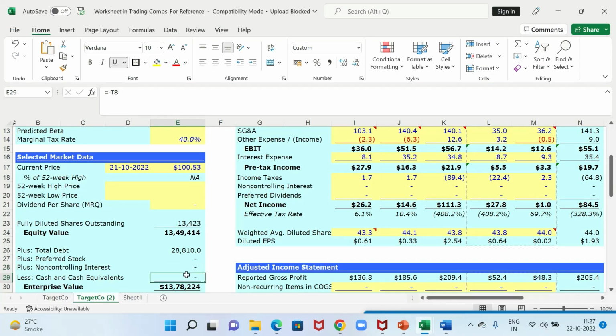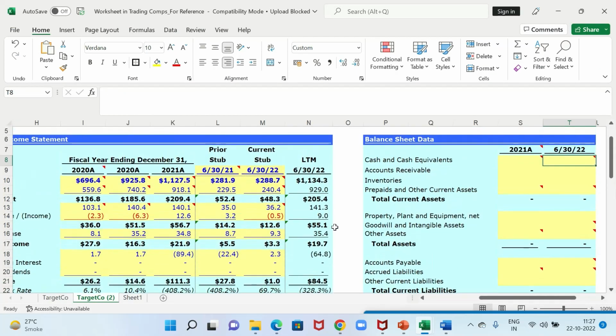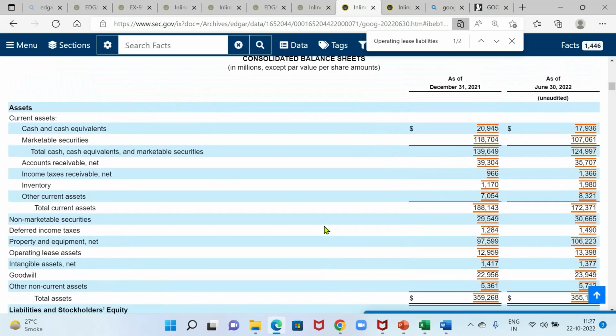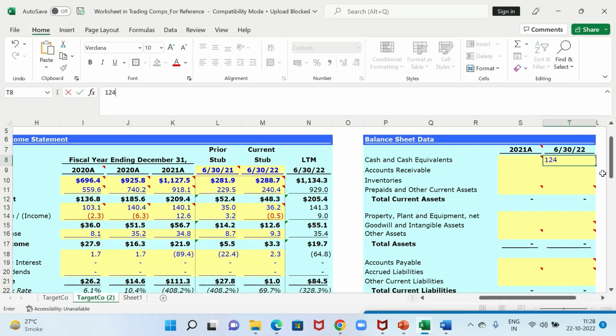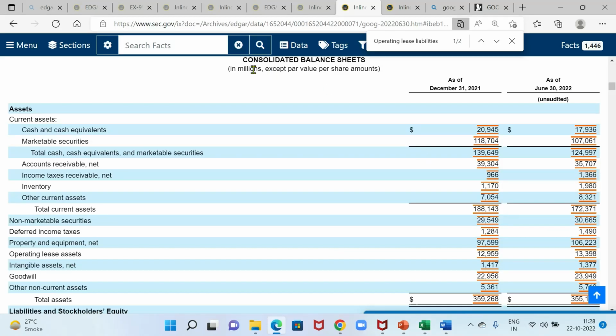Now come the cash and cash equivalents. Go to current assets. Cash and cash equivalents and marketable securities, combining it and giving you for your ease. 1 to 4 997, ठीक है. रिमेंबर ये मिलियंस में है, हम भी मिलियंस में डाल रहे हैं. अगर ये 1000 में होता तो you have to divide. Are there any other? No. Now see, non-current में non-marketables. We are not taking it.